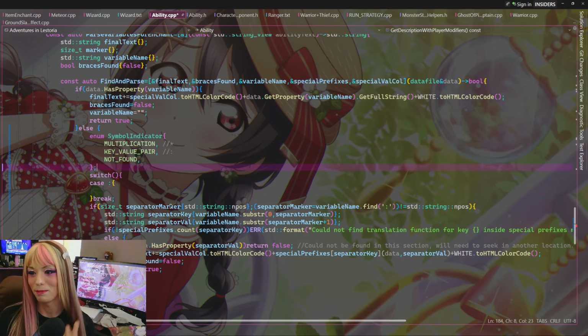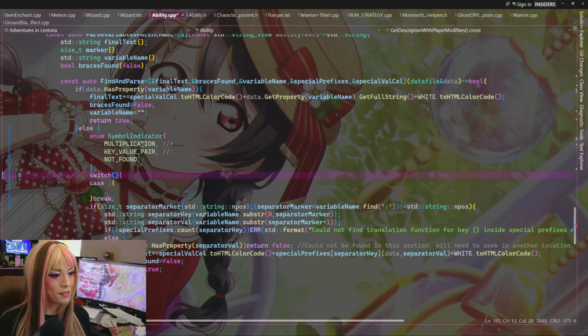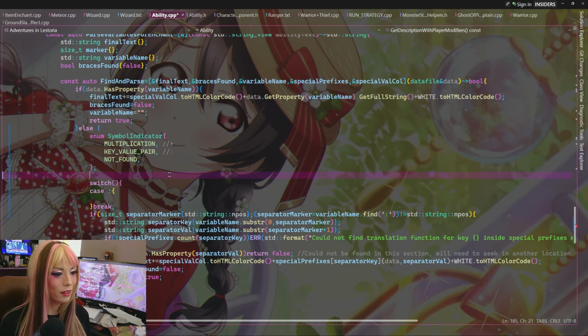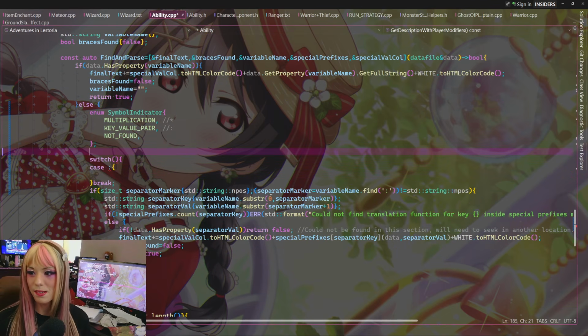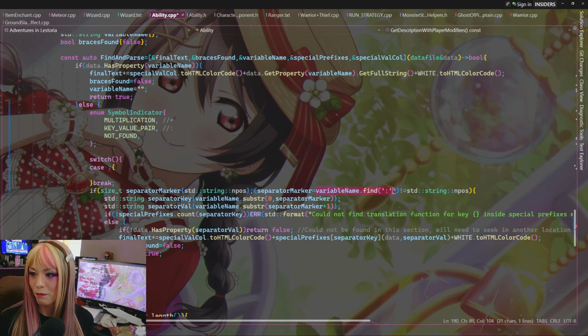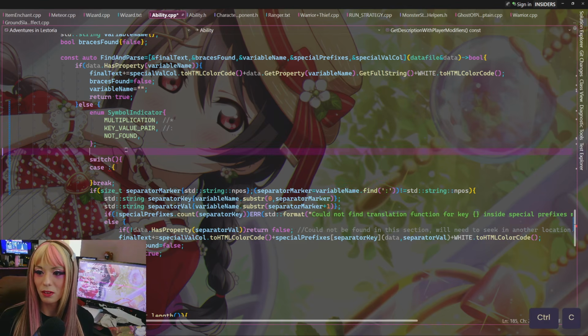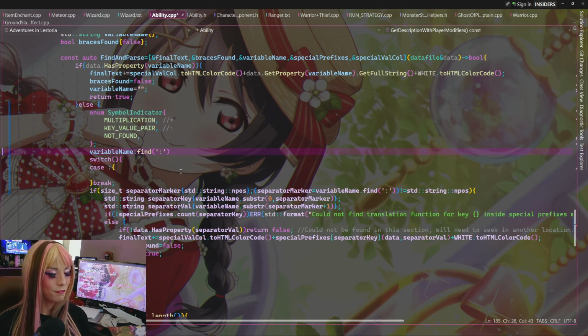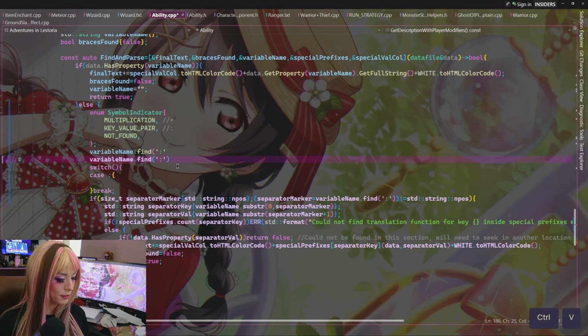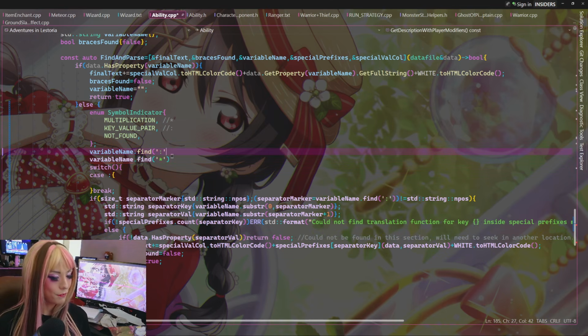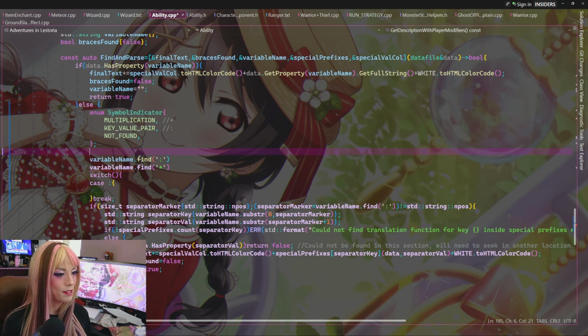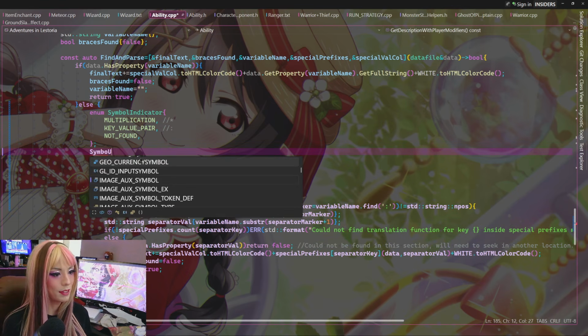So basically what we're going to do is figure out what the symbol indicator is. We can first try to find a colon somewhere. If we don't find a colon, then we'll try to find a multiplication symbol. And if we don't find either, then the symbol indicator should be not found. So let's make a new symbol indicator